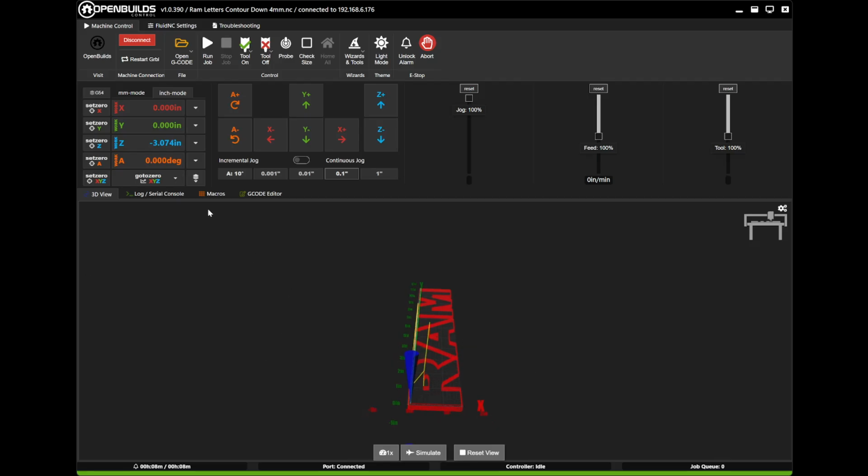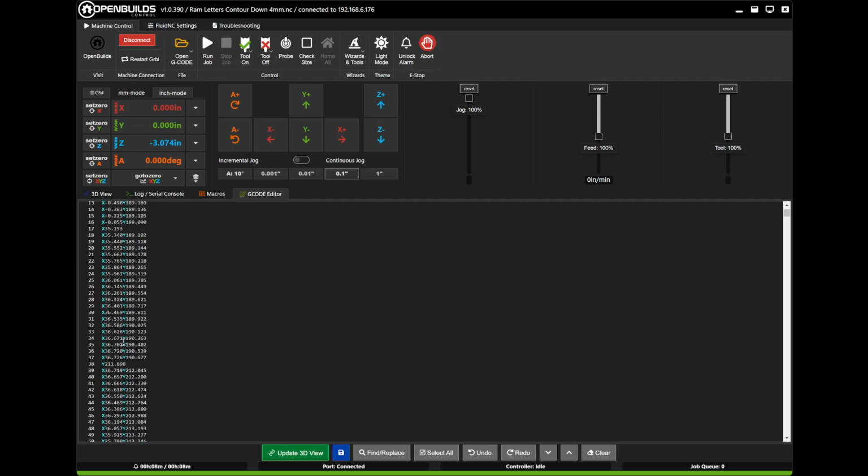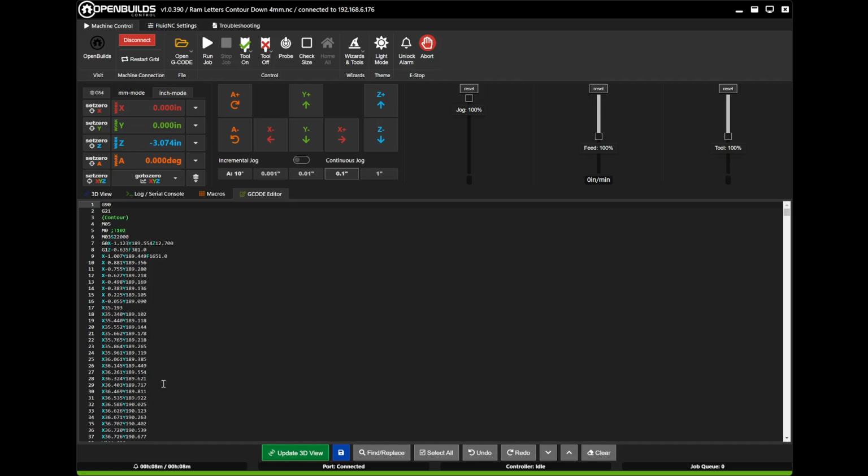But the other great thing that it does also is it has its own editor. So if you loaded this up and said, "Oh, I want to put my dust boot on before the machine starts," you can add a pause, an M0, like it has right here. Before it does that, you can check the G code to see if it's loading the correct tool, if the tool is loaded, if your post processor did anything. So it's a pretty good